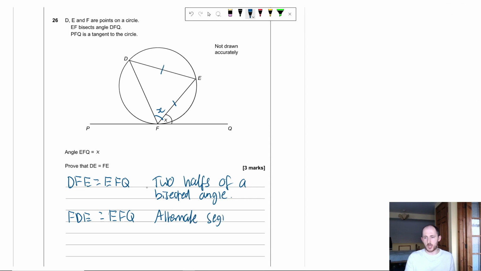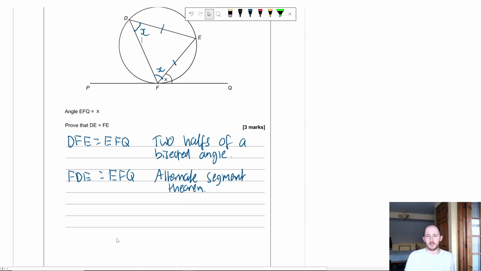And again, if you're a bit unsure of those circle theorems, you should go and watch the circle theorem video, because we go through all of them in order really carefully and do a bunch of practice questions on them. So if I look at this, I have these two angles are the same, which means base angles are the same. So this is an isosceles triangle, which means FE must equal DE. So I'm going to write that out. FE equals DE